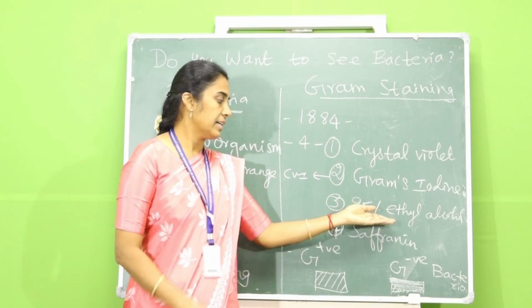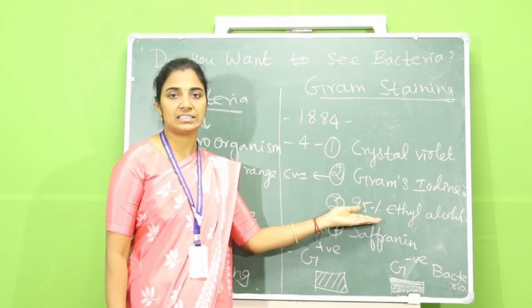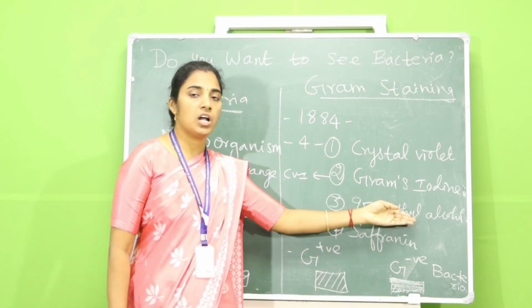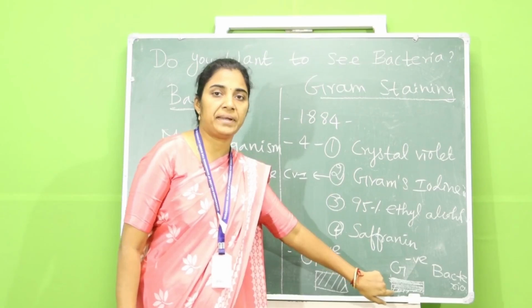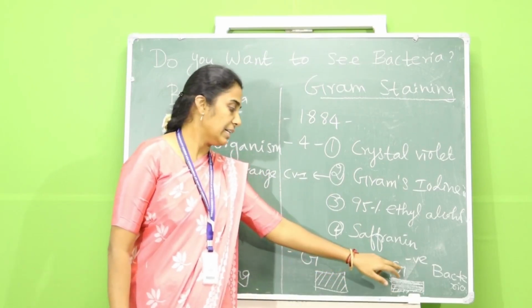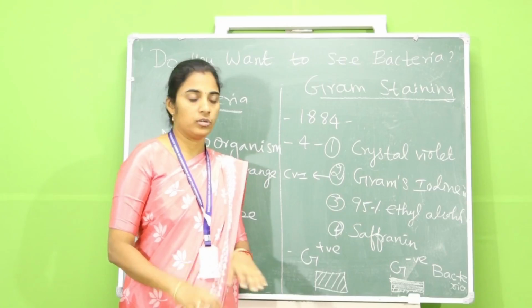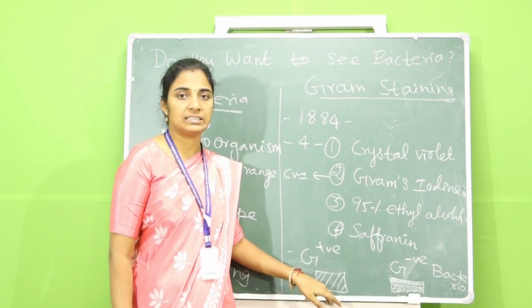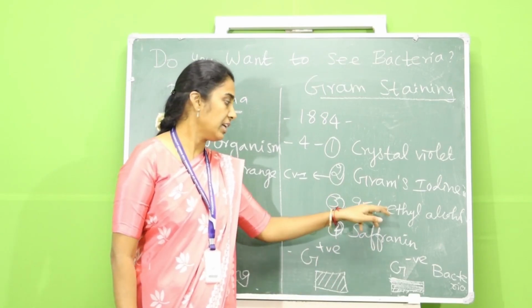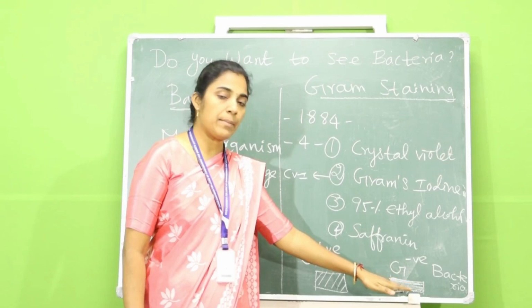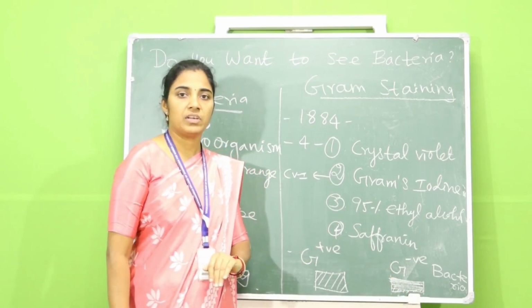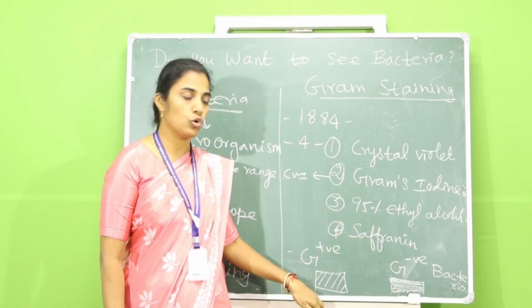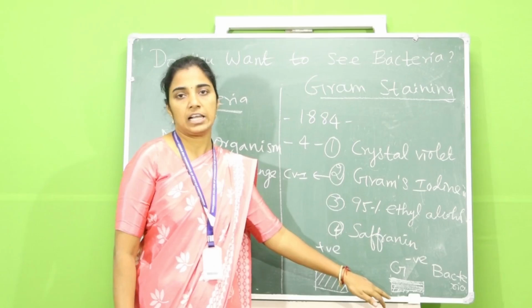Then we have to add 95% ethyl alcohol which acts as a decolorizing agent. After adding this, we already know alcohol removes the lipid layer. So the stain in gram negative cells is removed. The gram positive cells will be in primary stain color, that is crystal violet color, blue color only. After this decolorization step, the gram negative bacteria loses its color, will become colorless. So after this third step, gram positive bacteria will be in blue color, gram negative bacteria will be colorless